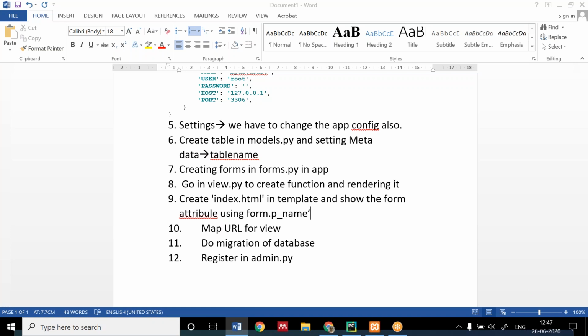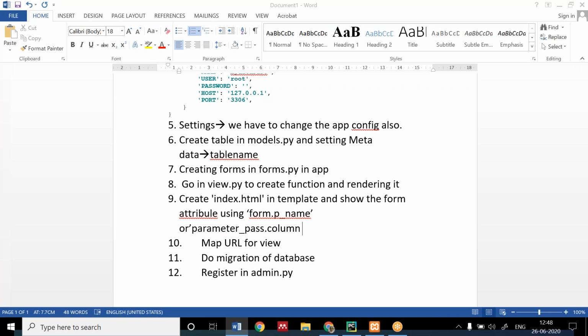This is an example, but actually what we did, we use the parameter passed dot the column name. Okay, the 9th step is done.